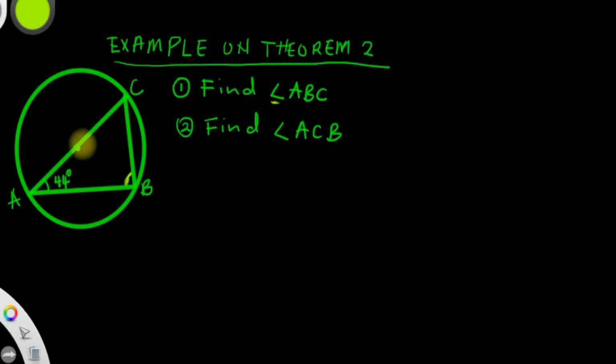You know that this point, though we don't have additional information, tells you that this is the center, and the line going through the center is called the diameter. So if this is the diameter, then we know that the diameter forms an angle of 90 degrees on the circumference. So this angle is 90 degrees. So you can say that angle ABC is equal to 90 degrees. Why? Since